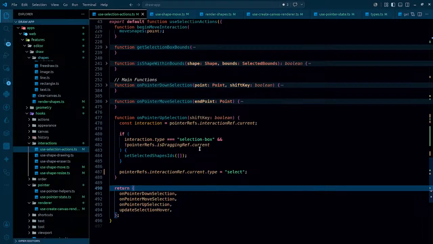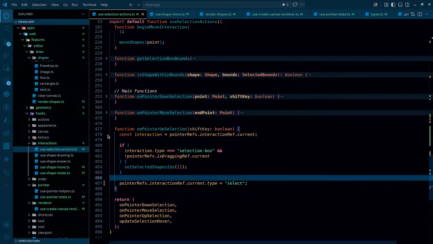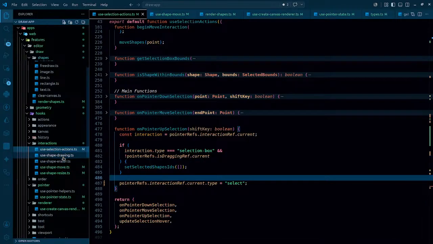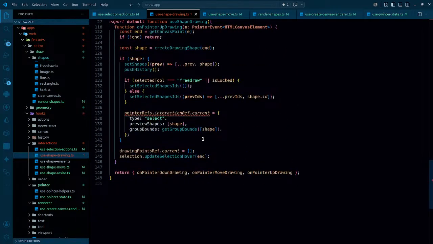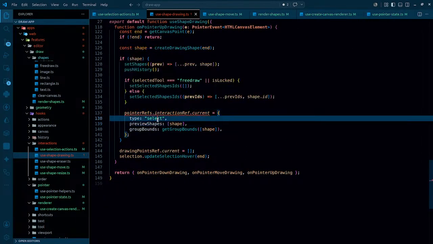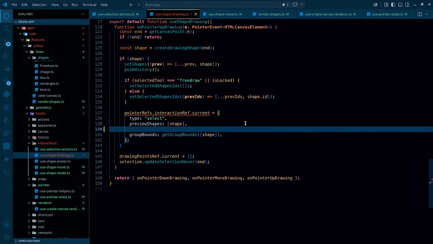So over here we are not really doing it here, so where are we doing it actually? On pointer up. If the type is equals to select, we need to have